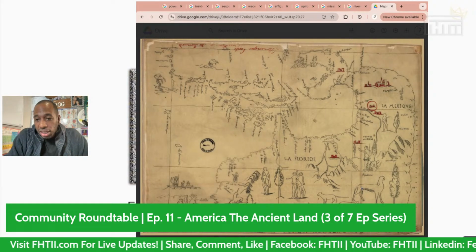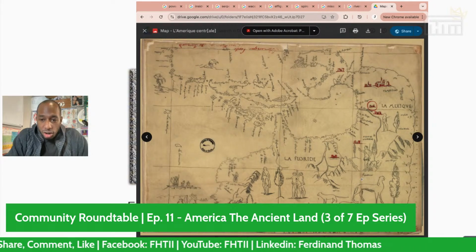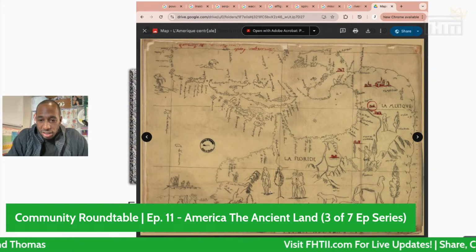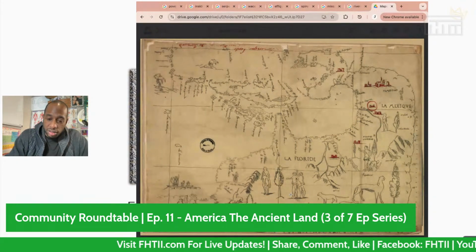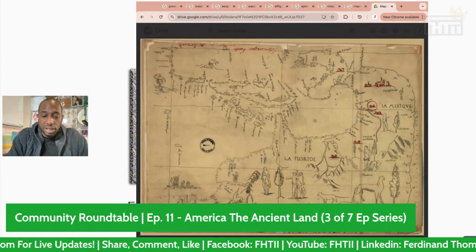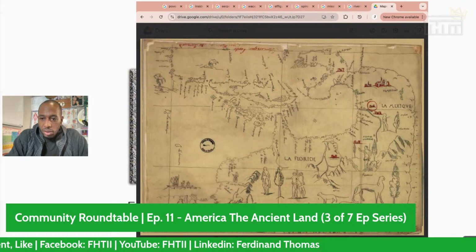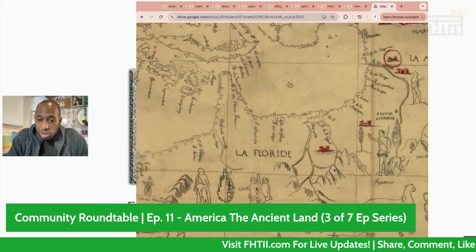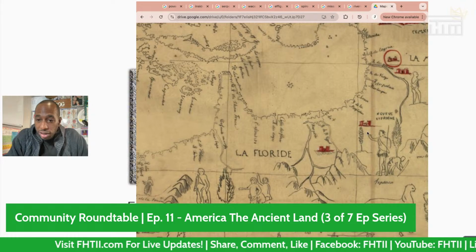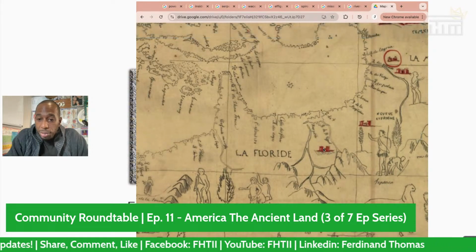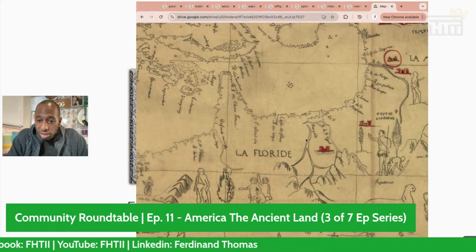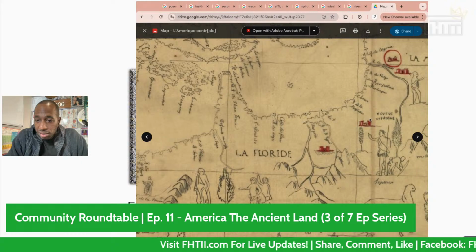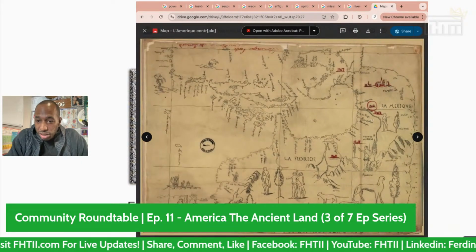However, I also think what's interesting is what we see here in what is drawn in the 16th century, right? We don't have a lot of cities, buildings, and things of that nature in the northern part, or what we would call the northern part. Obviously, on this map, it's the southern part, but on the northern part of what we call the United States today. But as we get further south, we start to see standing structures. Maybe this is a temple, right? And it's clearly not far from the Mississippi River. One of these two would have to be the Mississippi. Now in addition to that, we've got more buildings, more standing structures, as we get further down into